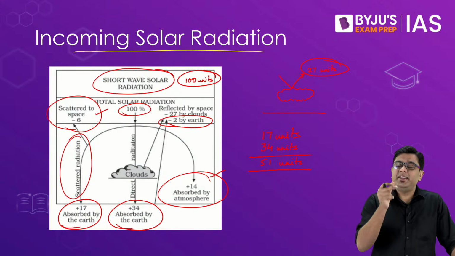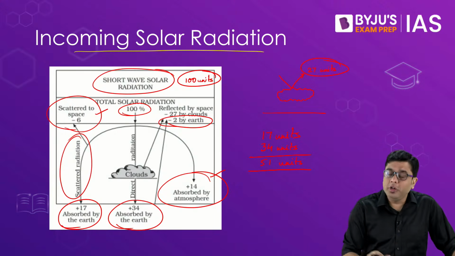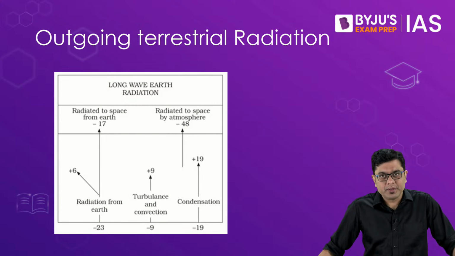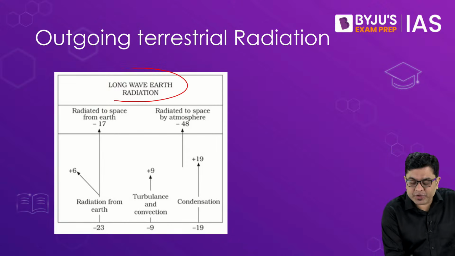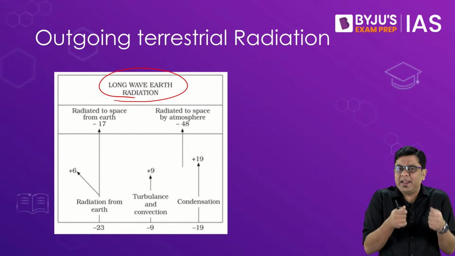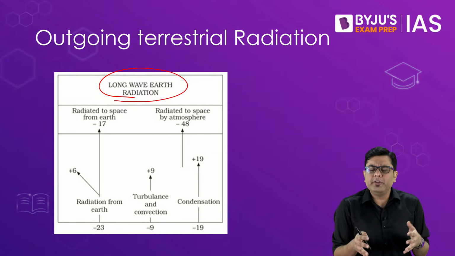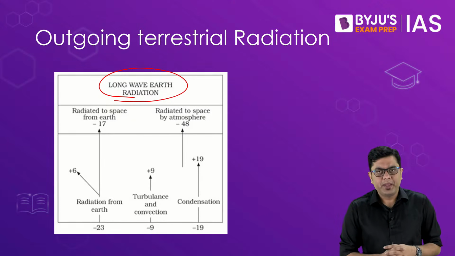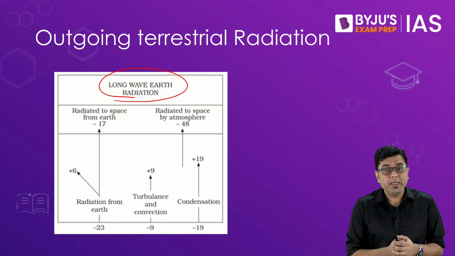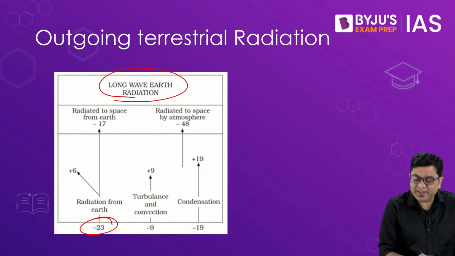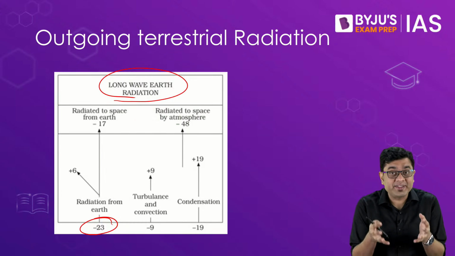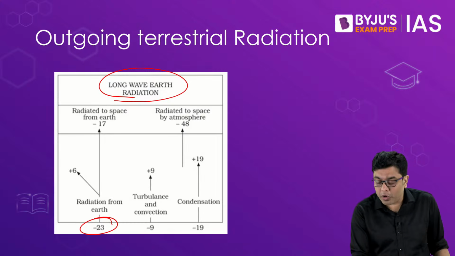Now, the energy balance shall be maintained if all those 51 units are re-radiated back in the form of terrestrial radiation. So if we take a look at the long wave terrestrial radiation, that is the energy lost from the surface, we find that energy is lost from the surface of the planet because of various different activities altogether. So what are those activities? What are those events which lead to the loss of energy? Basically, you have around 23 units which are directly lost from the surface as a result of the surface getting heated up and acting as a hot body in itself.